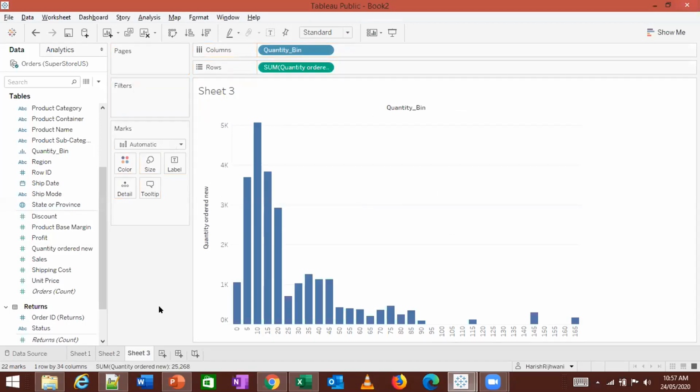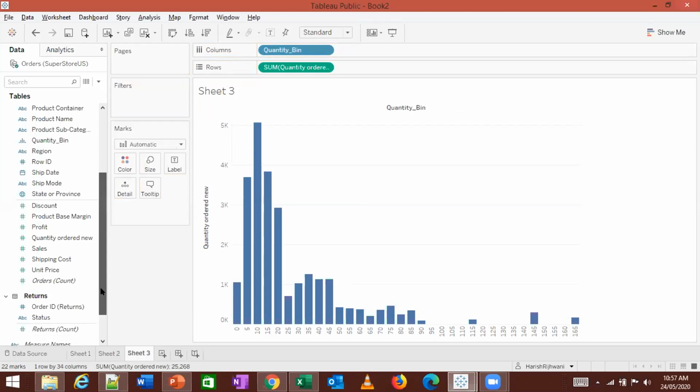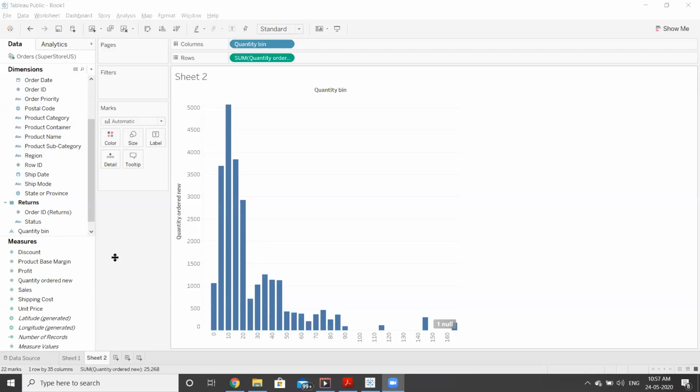In my orders table, there is no such thing as orders count for some reason. Can you show your screen? Sure. I got this by double clicking on quantity ordered, and it'll be down in the measures. Notice it's not there, sir.